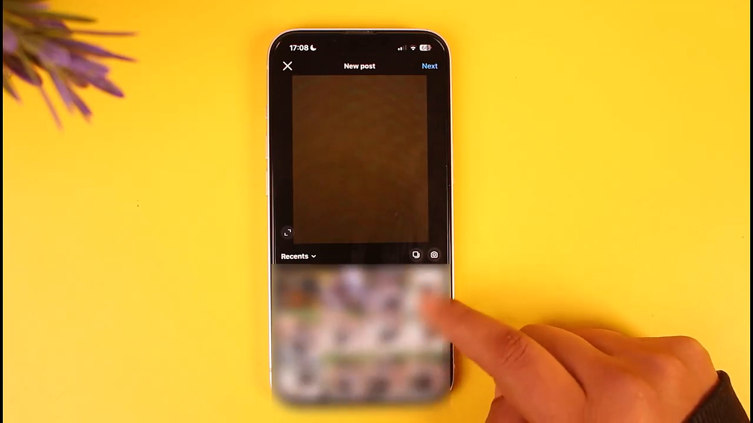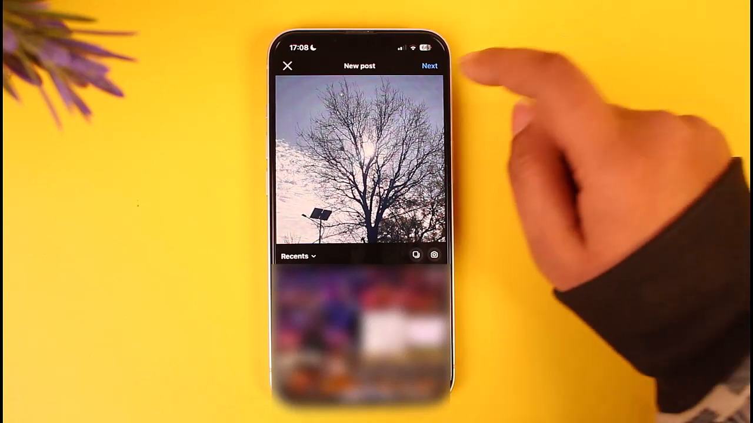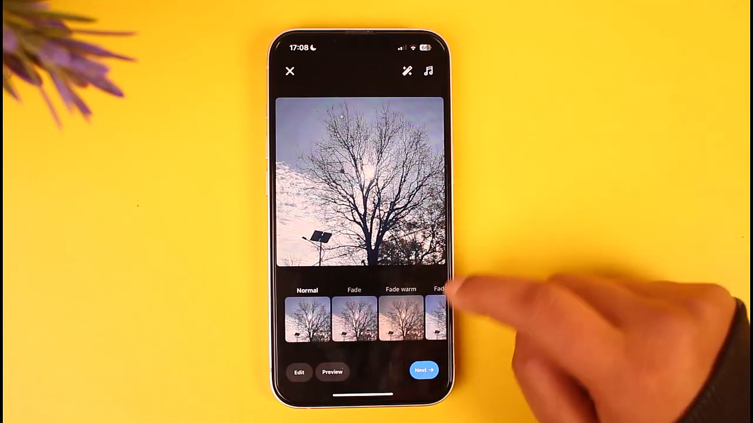Now go ahead, choose a picture. So let's say this is the picture, right? This is our post. We will tap on this next afterwards and we will simply confirm it, and then here